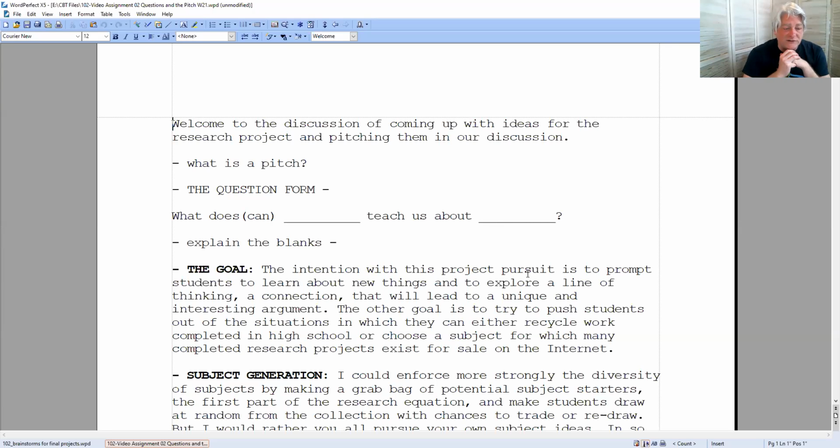I won't take that power lightly. I'll only veto ideas for really good reasons, mainly because I think pursuit of them will be bad for you in terms of coming up with a good project. There's really only one idea that I don't want to read about. Other than that, I'm pretty open, but there are some ideas that I just don't think make for good projects.